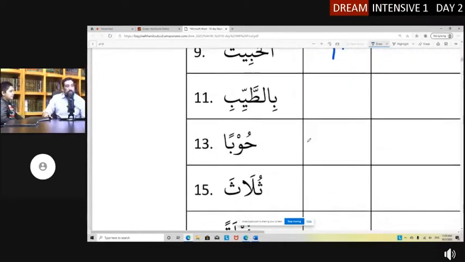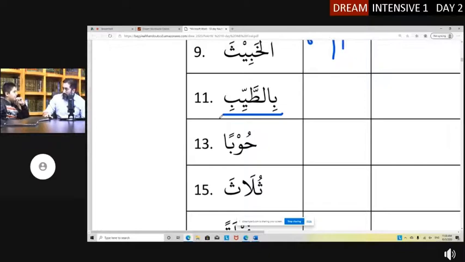Bit-tayyibi. Maybe that's a sound. I think it's a combination. I think it's a sound. Muslim, it's a Jar. There's no B. That's a combination, yeah. Therefore, it's 1 Jar. It's a combination, therefore 1 Jar? No, it's a sound. It's a sound, therefore 1 Jar. Good job.